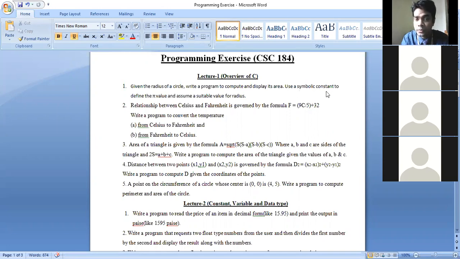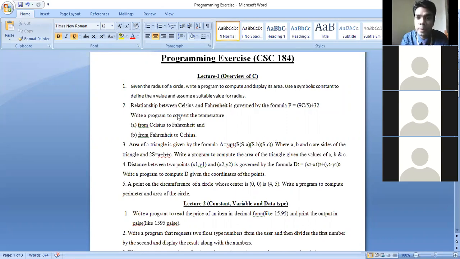You have to use a symbolic constant for the value of pi. You already know how we can use a symbolic constant. We have to write #define and the constant name, like you can use PI, then give space, then give the value of pi, 3.1416. And when you write the equation, you have to write area equals PI, not 3.1, into r into r. PI into r into r. This type of problem.